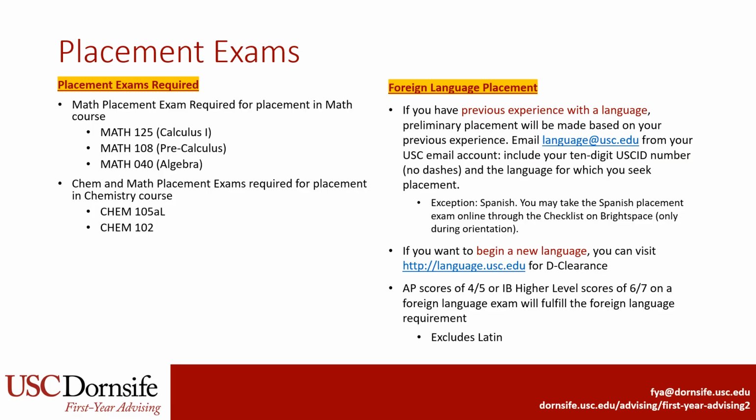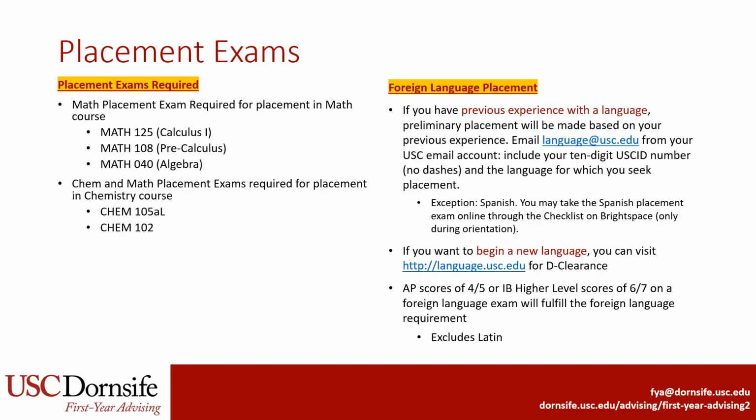All Dornsife students are required to fulfill level 3 of a foreign language. If you have an AP score of 4 or 5 besides Latin, or an IB higher level score of 6 or 7, you will satisfy the foreign language requirement. If you're fluent in a language, you may take a competency exam to satisfy the foreign language requirement. If you're an international student, you might be exempt from the requirement. If you're not satisfying the foreign language requirement in any of these ways, you will need to take the foreign